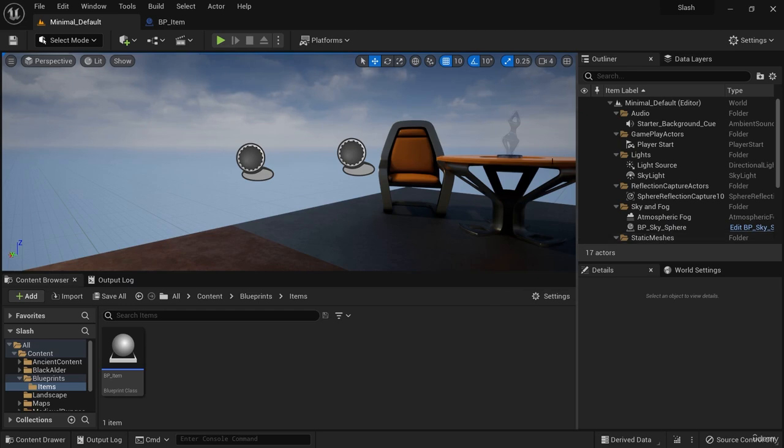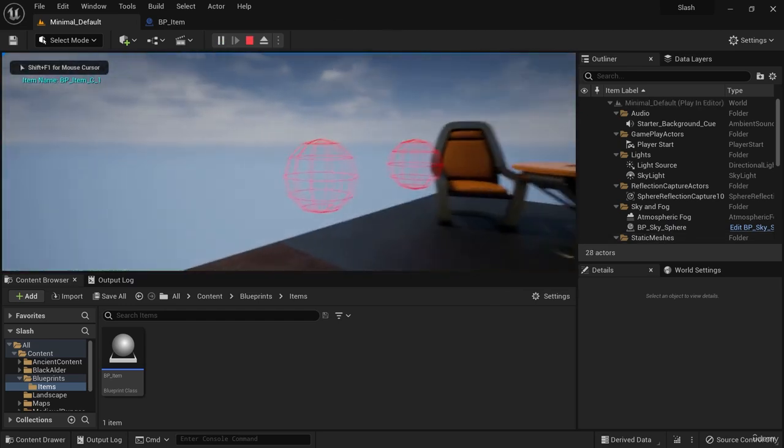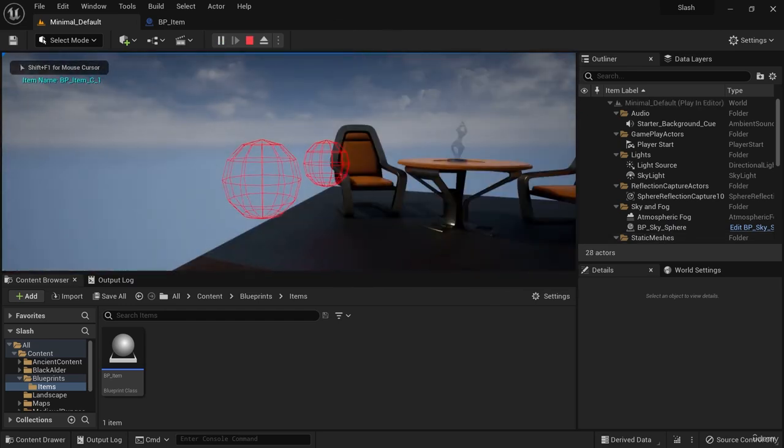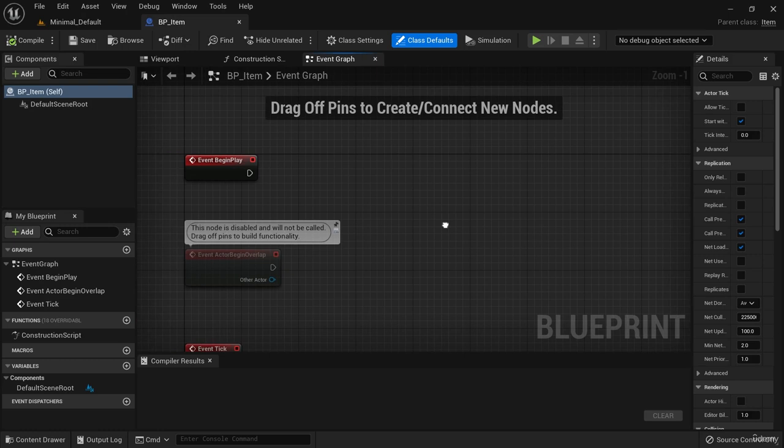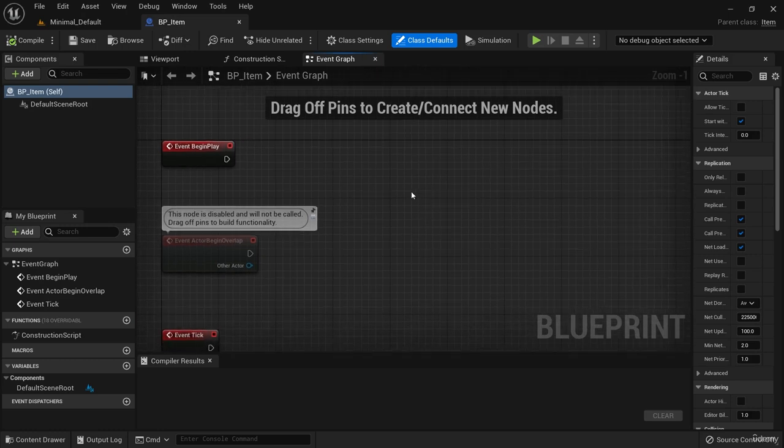Welcome back. Now that we're drawing debug spheres, we can visualize locations in our world, which is great. Another useful tool is the debug line. Let's see how that works. We're going to go back to BP item, and we're going to first see how the blueprint node works for